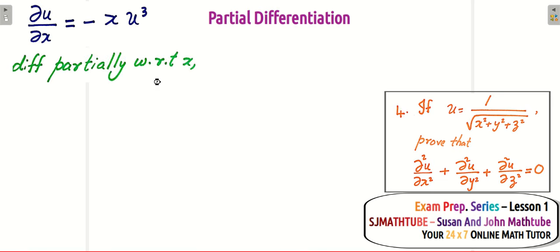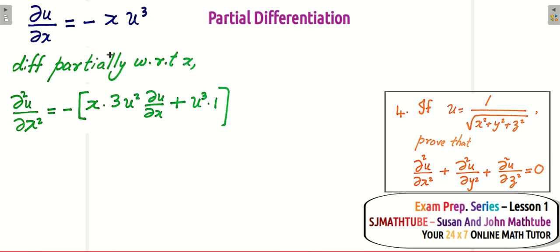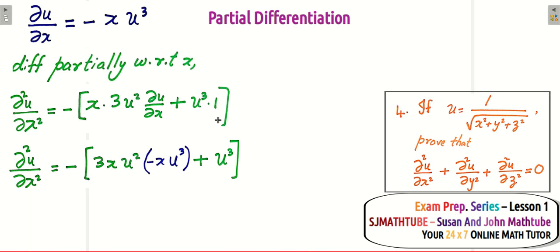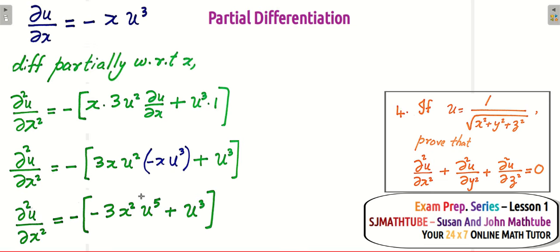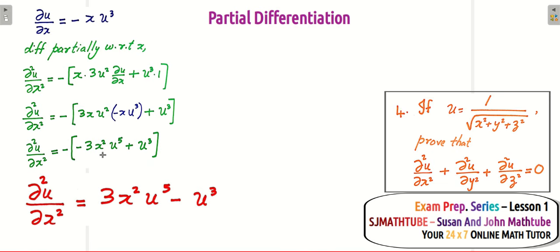So, let's differentiate partially with respect to x. First function, the derivative of second, and I told you the dependent variable special, plus u cube into 1, and that's it. You can substitute this value here, and that's it. Now simplify, and that will be